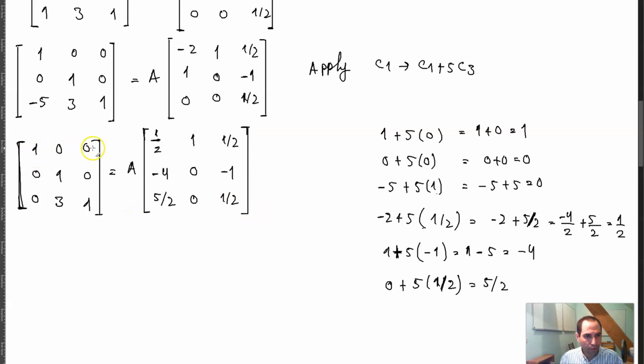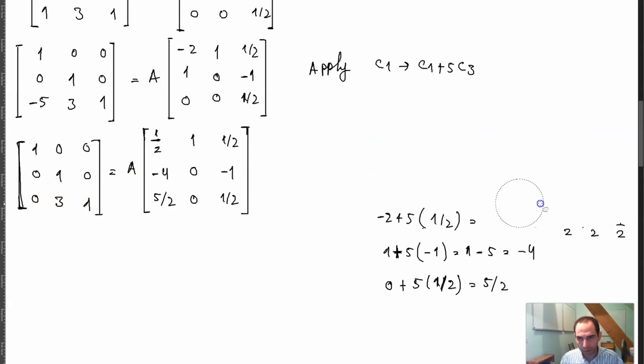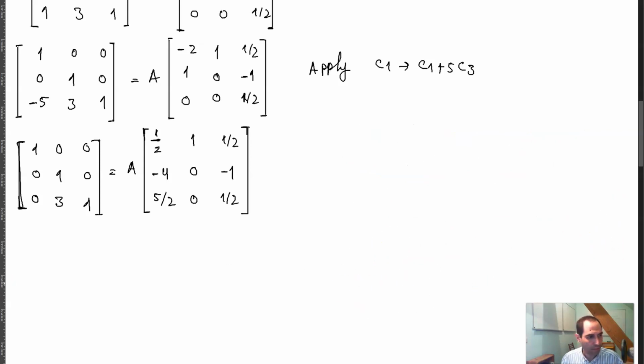And then you have 1, 0, 0, 0, 1, 0, and the only thing that needs to be taken care of is this 3 over here. That has to become a 0. Which means that I will apply basically column 2 becomes column 2 minus 3 times column 3. And if I do that,